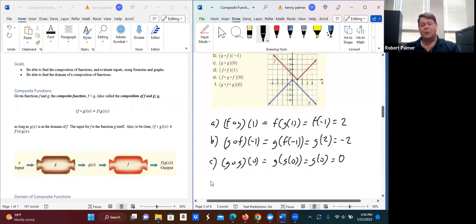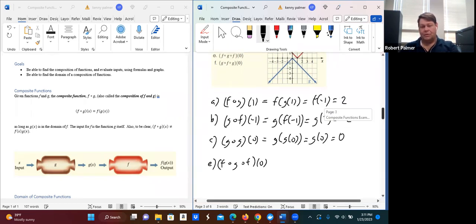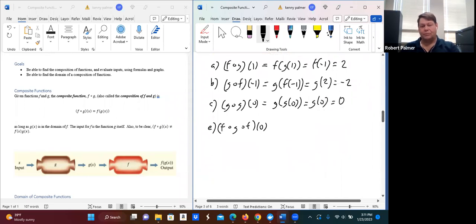So you can actually do as many function compositions as you want, and that kind of mirrors the idea of an assembly line in a factory. You're doing a lot of function compositions because you have a lot of different steps. You're adding something different at each step. So let's do part E. So this one, I want to do f composed with g composed with f of 0. Okay. So first step,